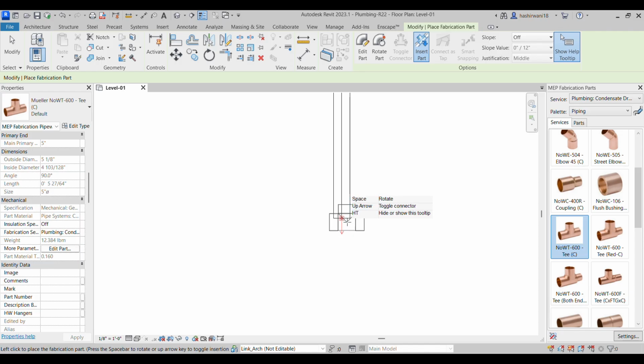Can you see here an option called up arrow toggle connector? So if I press space, it will rotate, and if I press up arrow, it will toggle connect the different ends of this particular T. So if I press the space button, the up key, can you see here? Now I'm able to change if I want this one, or this one, or